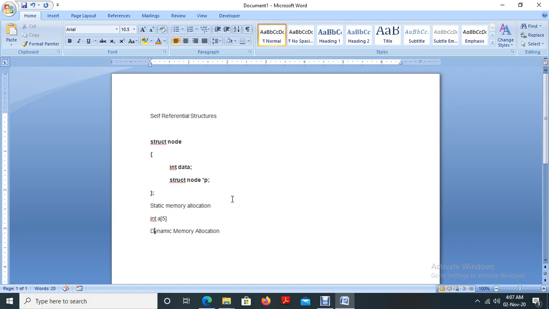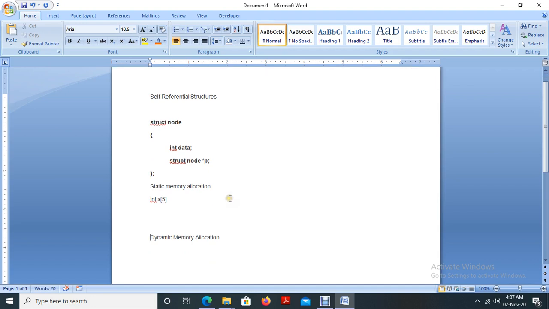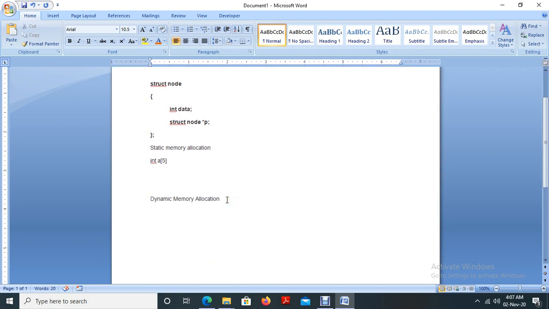But we are going to discuss dynamic memory allocation. Dynamic memory allocation means that at the time of running or executing the program, we are allocating the memory. Whenever we need to store a value, for example, the user is given options like 1 for insertion, 2 for deletion, 3 for display. The user chooses option 1, and after pressing 1, we create the memory.